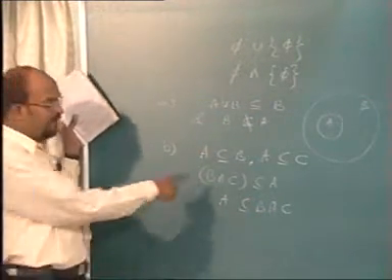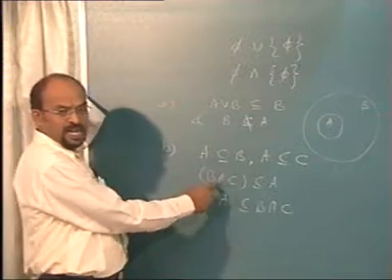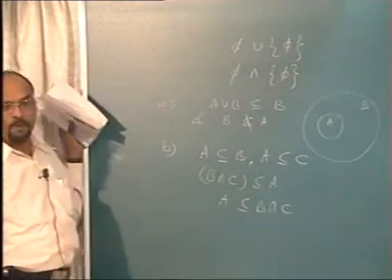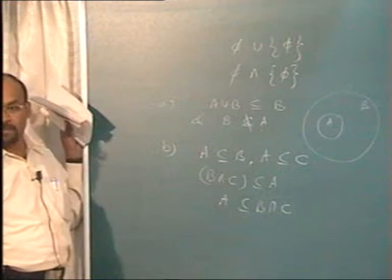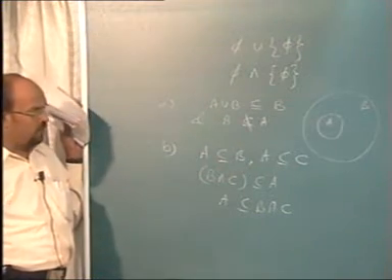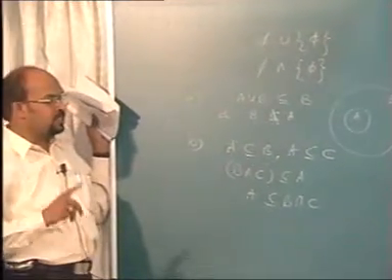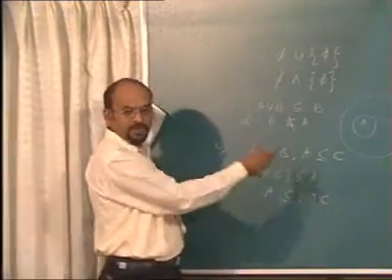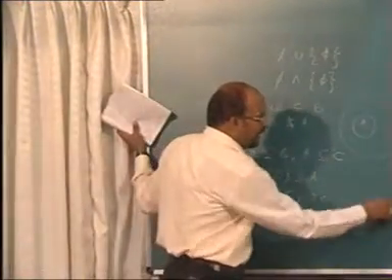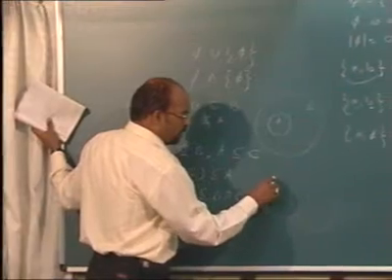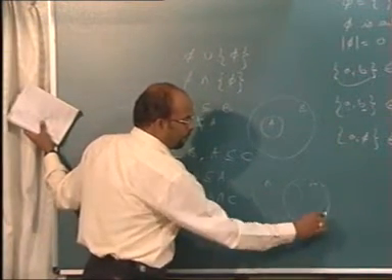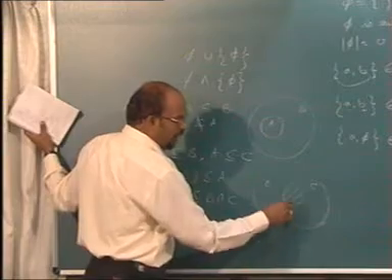Whenever you have A as a subset of B and B as a subset of A, those two must be equal. That means B intersection C is equal to A. And obviously A will be a subset of B and A will be a subset of C. When you draw the Venn diagram, this is set B, set C. This is that intersection and is set A itself.